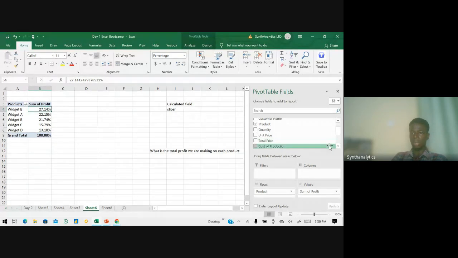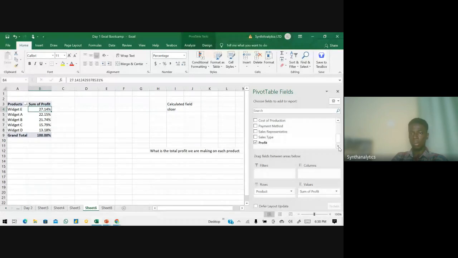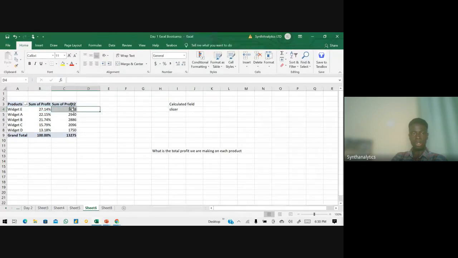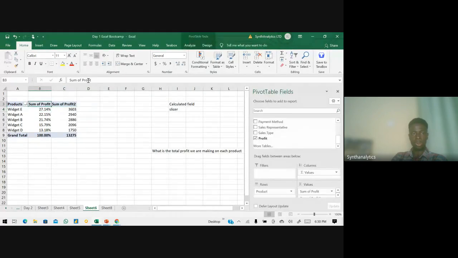If I want to see the value again, apart from the percentage, I can easily bring this back, and then you can see I have it as a sum of profit. I can do this one as percentage, and this one as the normal sum of profit.